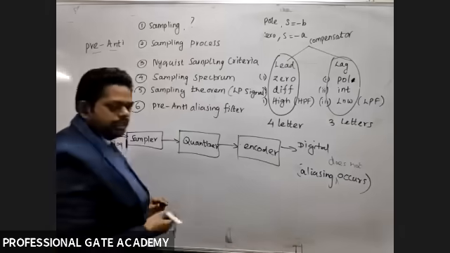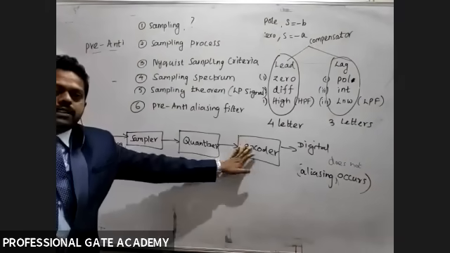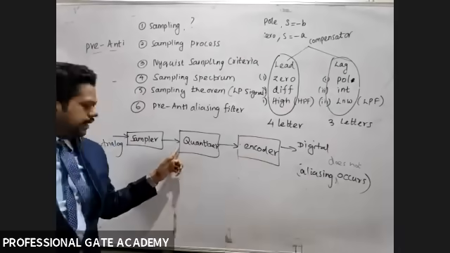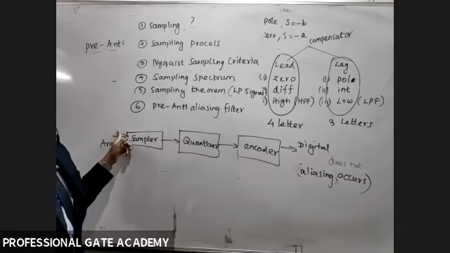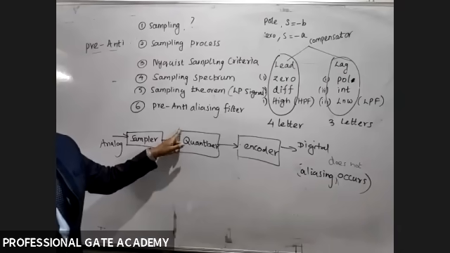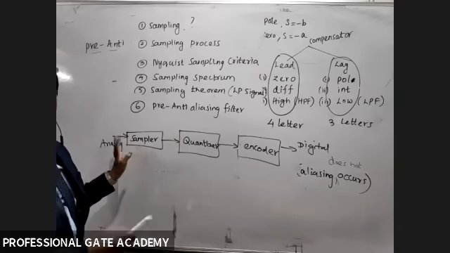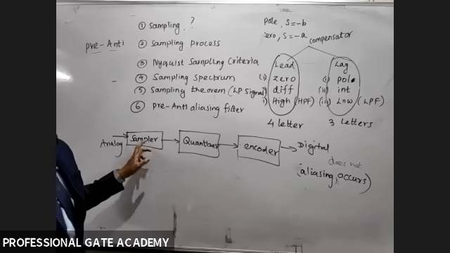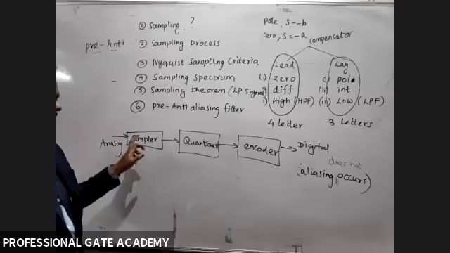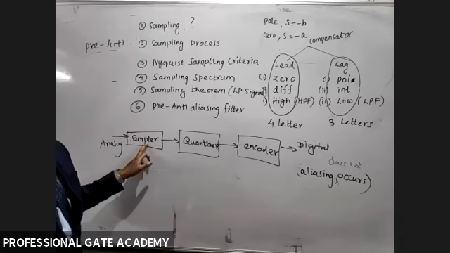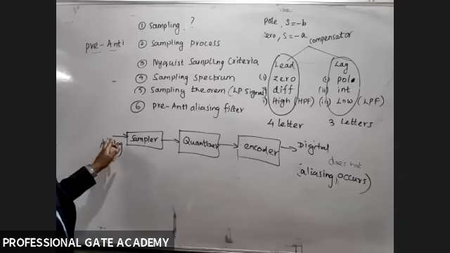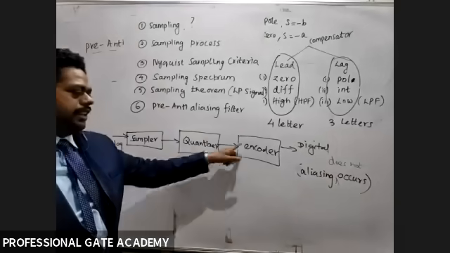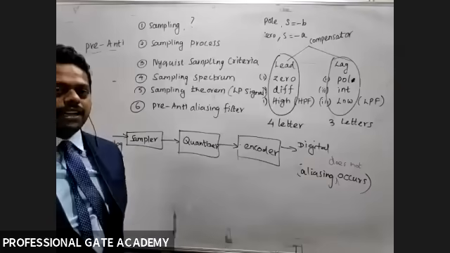Encoder. So a sampler is not analog to digital conversion. In analog to digital conversion, one of the first processes is sampling. Sampling is used to convert continuous time into discrete time. A sampler is a discretization, not a digitalization. This is an important point mentioned in the textbook. Second is quantization, then encoding. This we will study in ADC, analog to digital conversion.